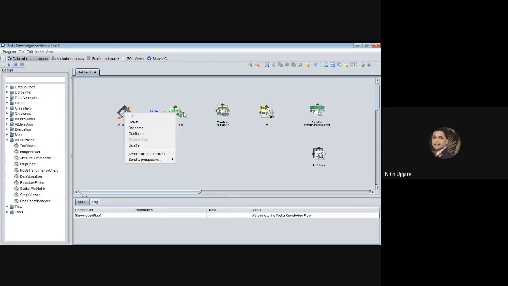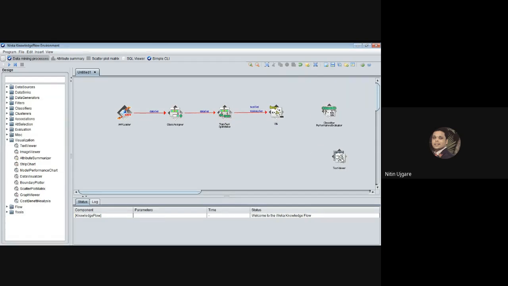That will enable you to connect this data set to the class assigner. Again, from the class assigner, connect this data to the train and test split maker. From this train and test split maker, you can select each of the instances of the split data set. So first I will select the train data set, then I will select the test data set, and connect it.